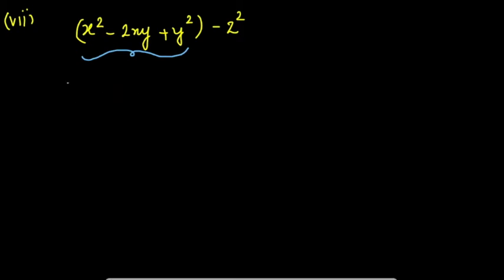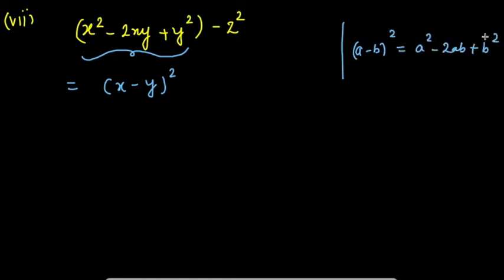If you see it very carefully, it is in the form of (x minus y) whole square, right? Because we have done this identity, (a minus b) whole square equals a square minus 2ab plus b square. So the terms inside the bracket are given in the form of the second algebraic identity. So I can write it as this, minus z square. Now again I have converted the given expression in the form of a square minus b square, where my a is x minus y, and my b is z.